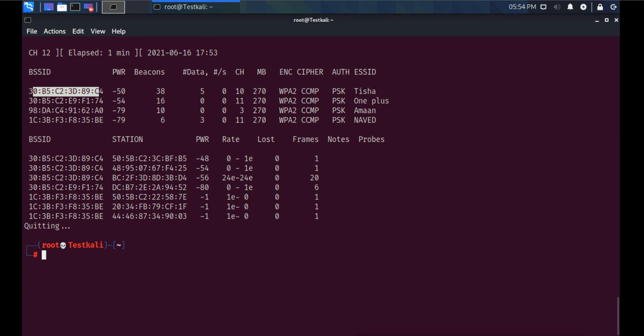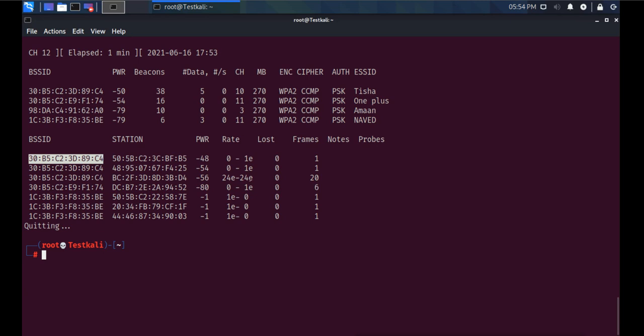This is the BSSID, and this is the host MAC address connected to that AP. This information is required to carry out different attacks.